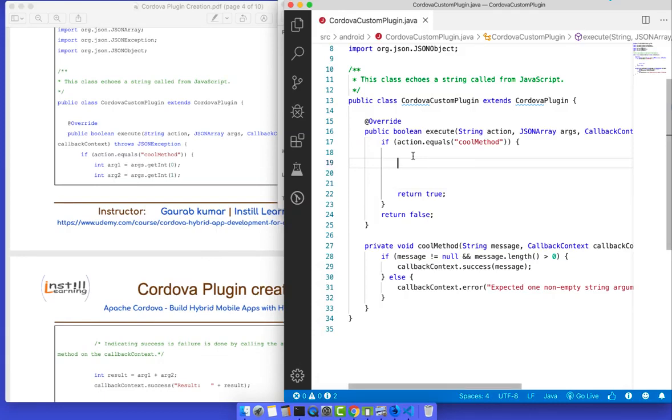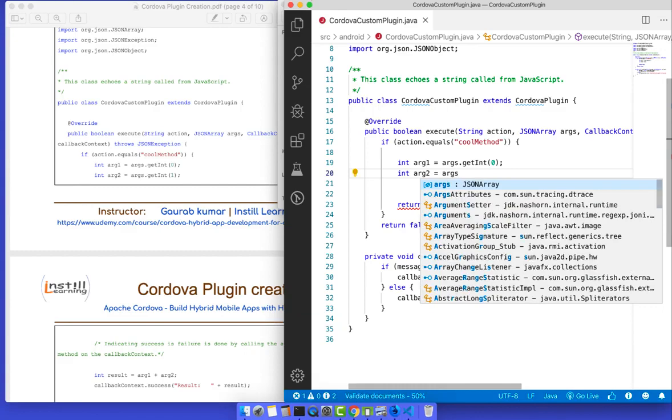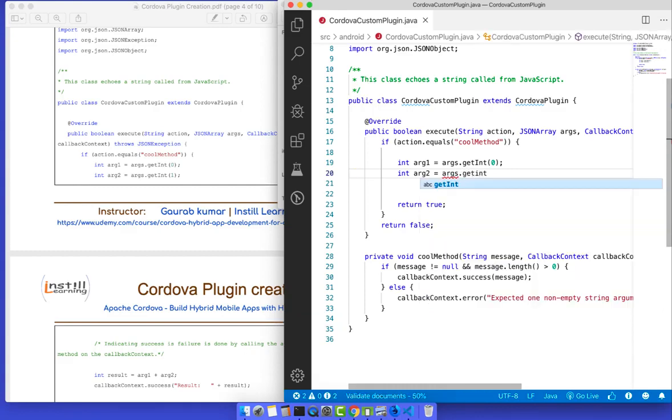We'll create two integers: int argument1 equal to arguments.getInt(0), and another the same, int argument2, this is the second argument, equal to arguments.getInt(1).